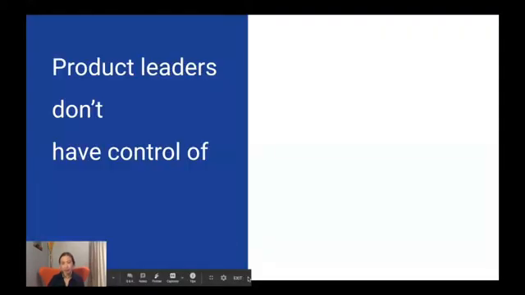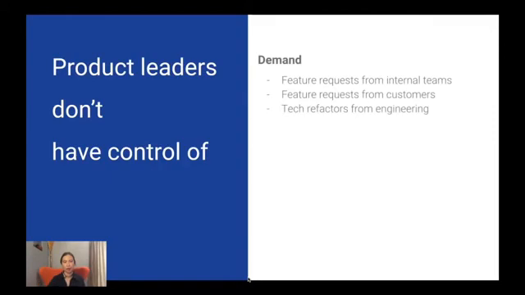On the other side, we actually don't have a lot of control over the elements to achieve what we need to achieve. Number one is the demand. We don't really have control over how much demand is coming our way. There are requests from internal teams, whether it's marketing, sales, or customer success and support. We have feature requests obviously from customers,